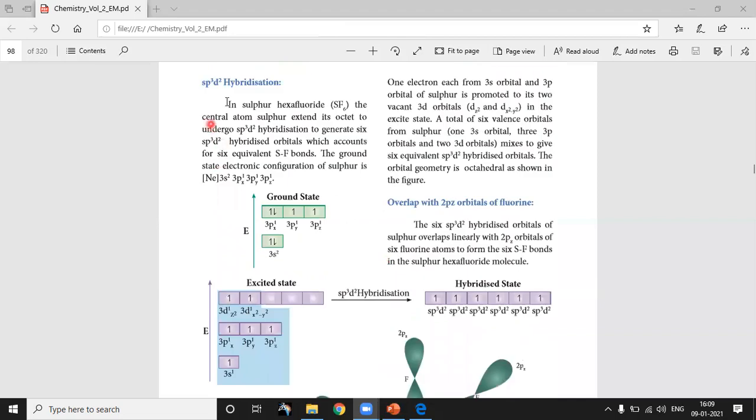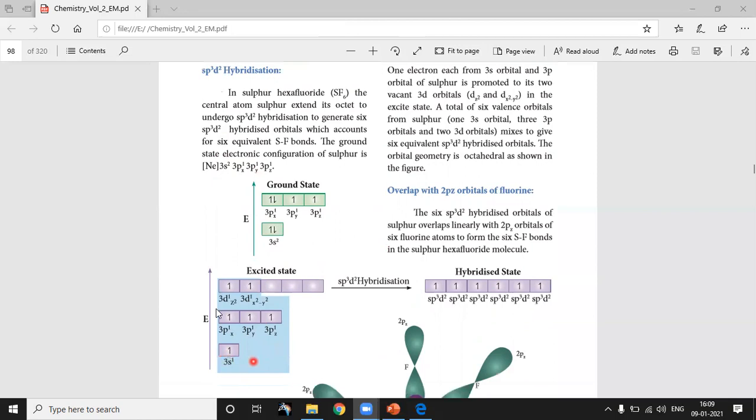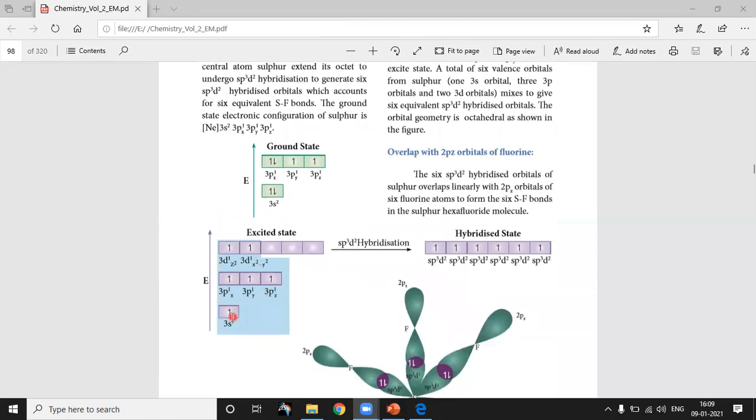So next comes sp3d2 hybridization. See here, we'll take the example of sulfur hexafluoride. Okay, so here for the sulfur, the electronic configuration we have to write, and from that we have to shift the electron based on the pairing. Okay, see now here also the s orbital will have 2 electrons. Now we have to shift one electron to the d orbital. Next to 3d1 we move on to another, because the d orbital will have a maximum of 10 electrons. Okay, so that is what I have written here.